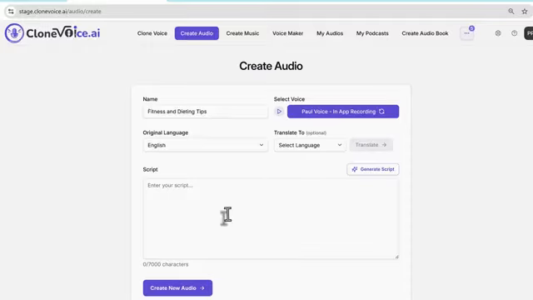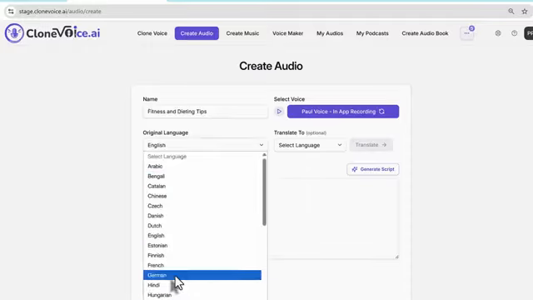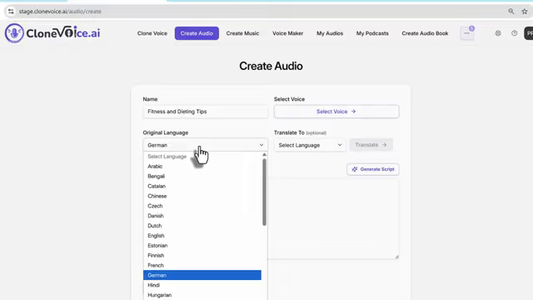Alternatively, you can obviously paste the script in your language. So let's say your language is Spanish or Hindi or German or whatever. You would just pick German as an example and paste your German script. That way it won't be a little bit non-realistic, because translations made by AI might not be as natural as spoken day to day, because of slang words used and stuff like that in your language, right?